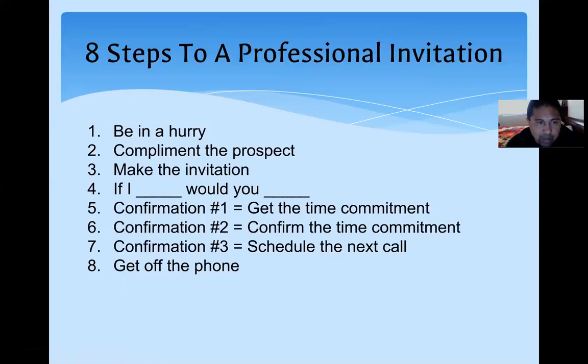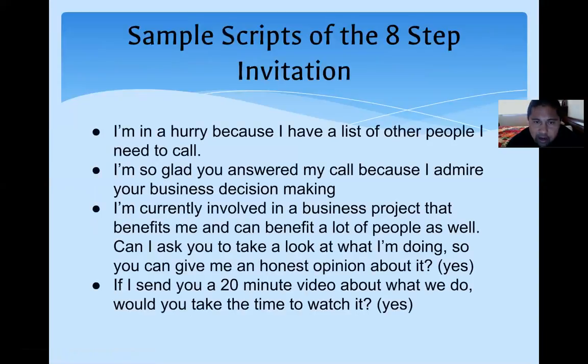You want to be in a hurry, compliment, make the invitation, confirmation 1, 2, and 3, and then get off the phone, just like it did over here. I'm in a hurry because I have a list of other people I need to call. I'm so glad you answered my call because I admire your business decision making. I'm currently involved in a business project that benefits me, and can benefit a lot of people as well.